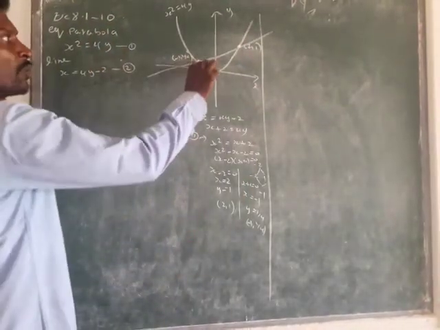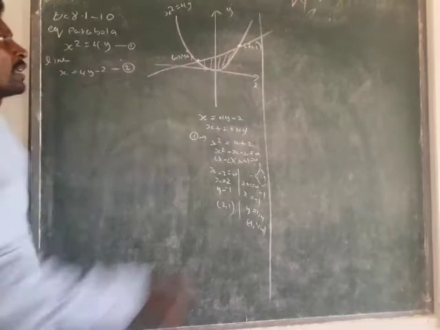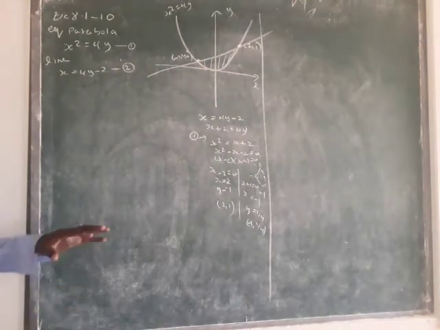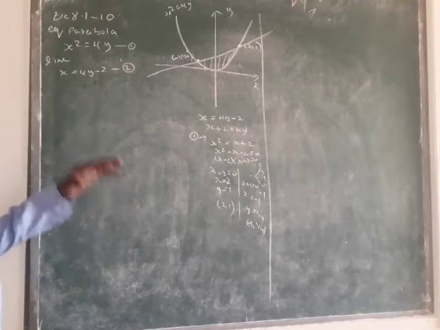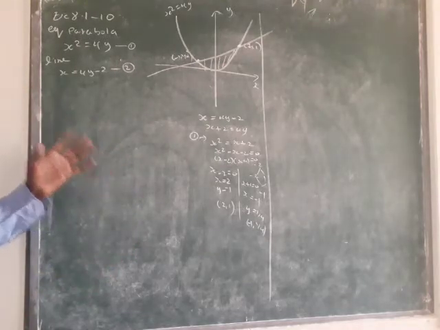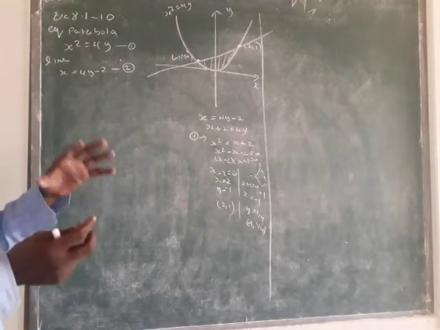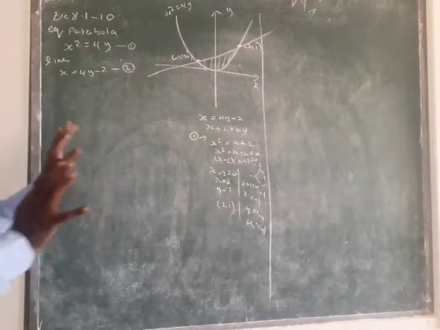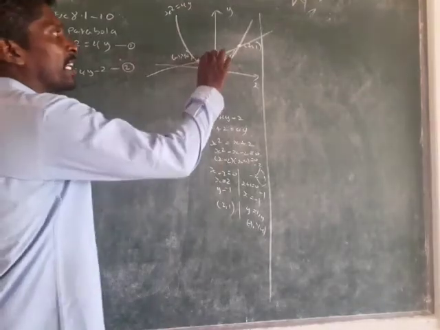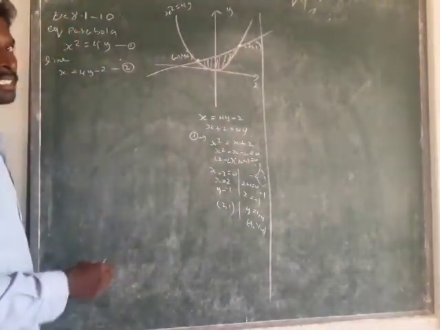So they asked to find the area covered by the parabola and the line. In previous sums we learned to find the area with the x-axis or y-axis. Here we are going to apply what we actually learn in 8.2, finding the area between two curves. So applying that concept now, the area between two curves is easier than comparing with the x-axis or y-axis. So I am going to find the entire area, and I want to take the limit in the x-axis.